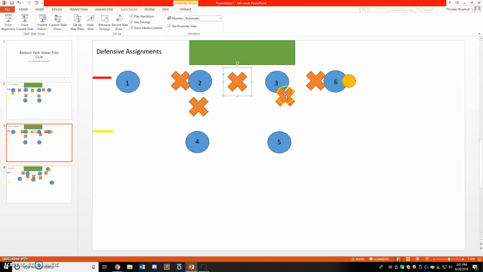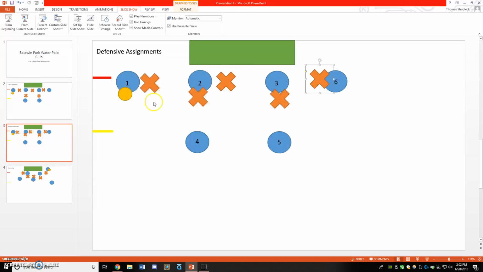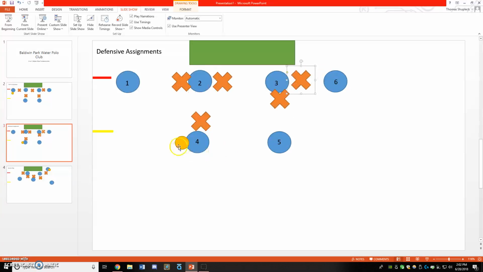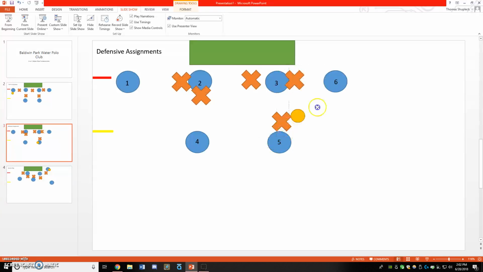Remember the defensive assignments are, the ball's not important. Actually, it's kind of important. Ball's there. This person slides back, helps the post. Ball's here. Goes back, helps. Ball's here, goes back, helps. Ball's here,